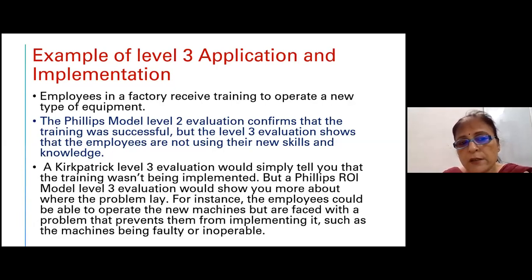So actually at level 3, the ROI model gives you two things. You can identify whether the application of the learning is happening or not. The participant is ready to do that, but in implementation, whether that is really being translated or not. So this can also be identified. And that is a non-training intervention: whether a training intervention or a non-training intervention is responsible for the non-transfer of learning.